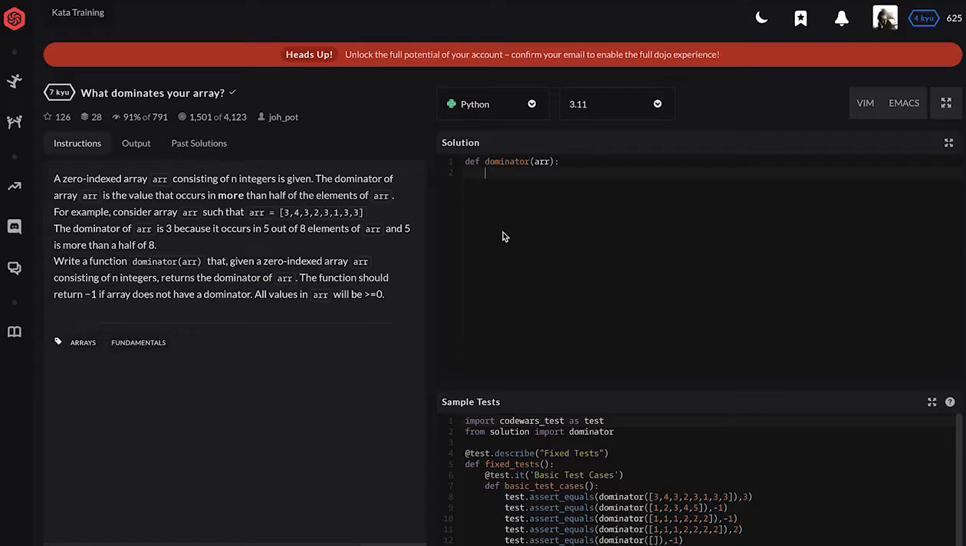So right now, you want to set up a few variables. For me, I'm going to set up the length of the array, n, and this is used to determine the dominator. Then I'm going to set up a dictionary called frequency, and this is how you make a dictionary. Then, for every number in the array,